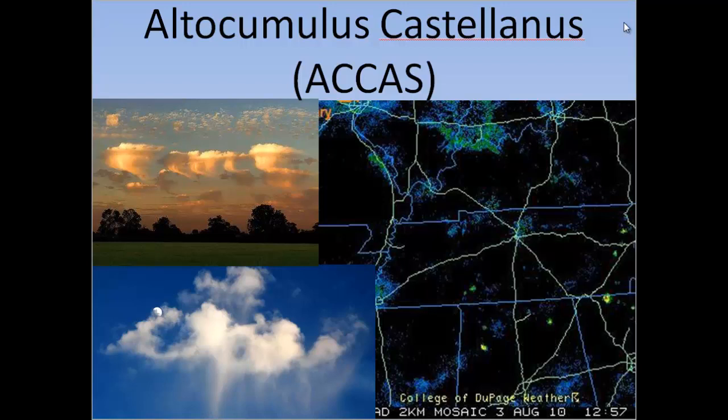And sometimes in the springtime we'll get just enough elevated instability to get these Altocumulus castellanus, or ACUS, clouds to get going, and we'll get some light showers that will actually fall out of them. They're real spotty. This is what it looks like on radar, just real spotty little things. They're right around sunrise. Lots of times in the office we call it sunrise surprise, because we're really not expecting much in the way of